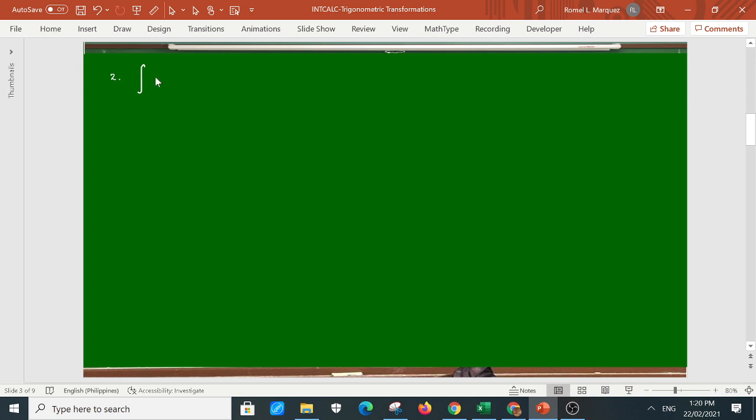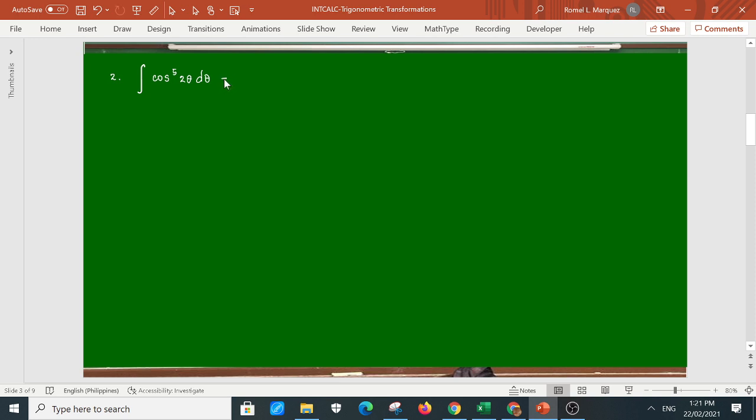Cosine to the 5th 2 theta d theta. So again, this is an odd power of cosine. So under case 1, there is no sine, meaning the exponent is 0. Is that clear, guys? So this is equal to